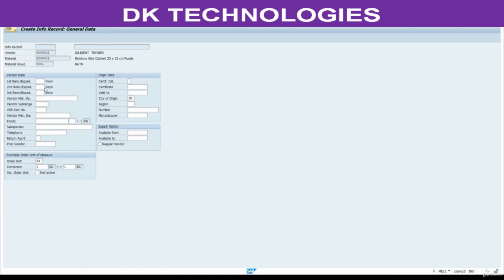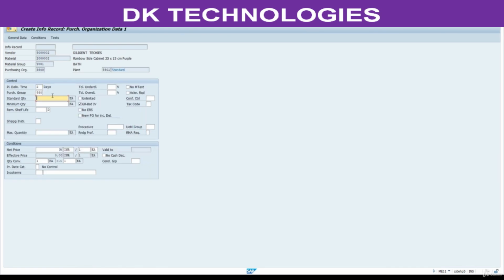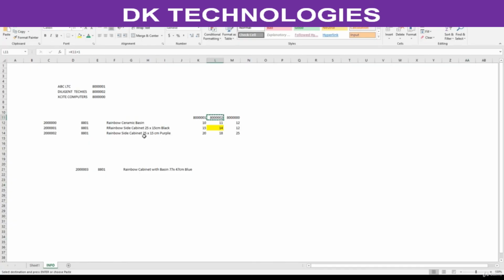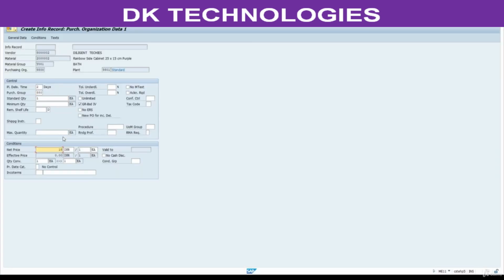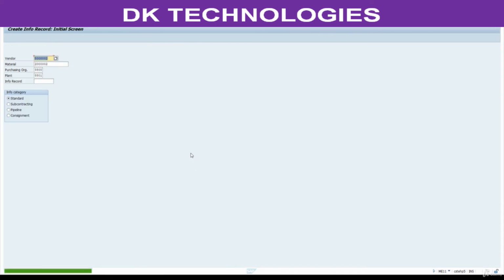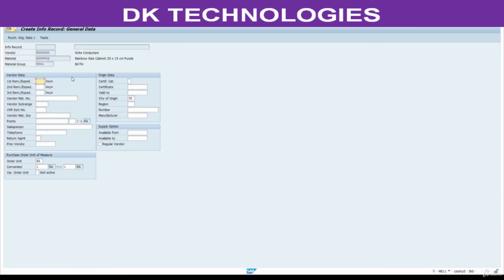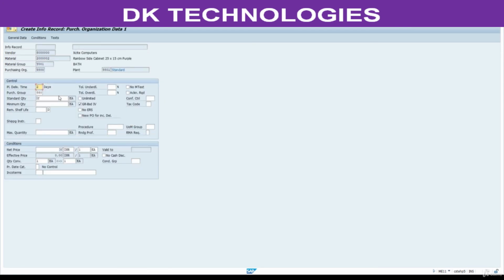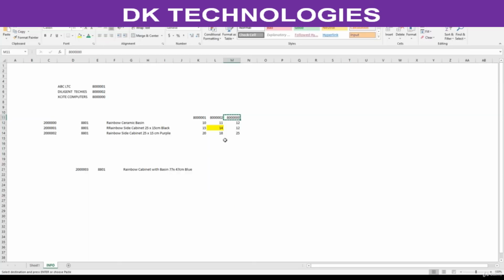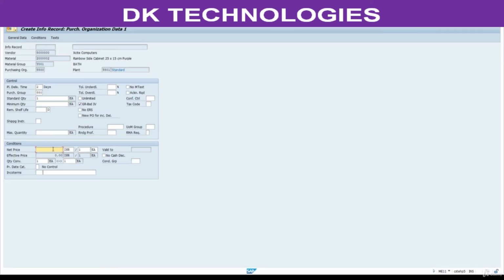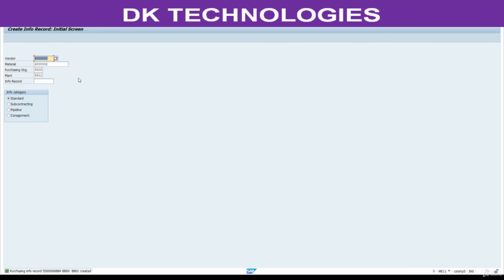Press enter. 18. Save this. Price is 25. For practice, take any price. We have successfully updated all info records here.